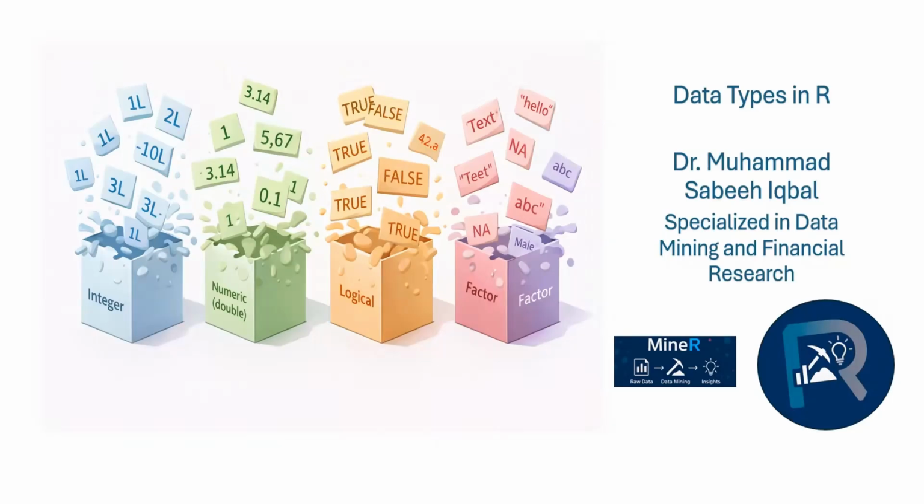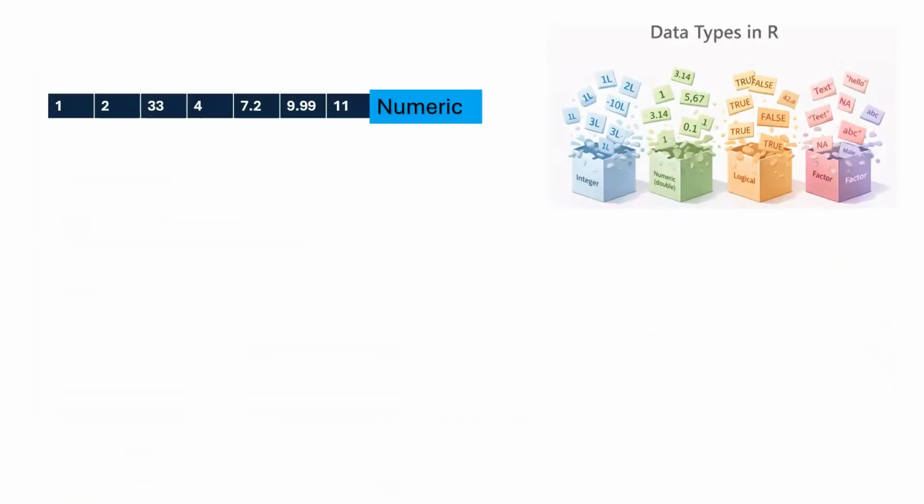Muhammad Sabiqbal. Today we will talk about data types in R. So we can store data in various ways. We can have numbers or numbers with decimals stored as numeric data type in R. For example, here you can see that this is the numeric data, and